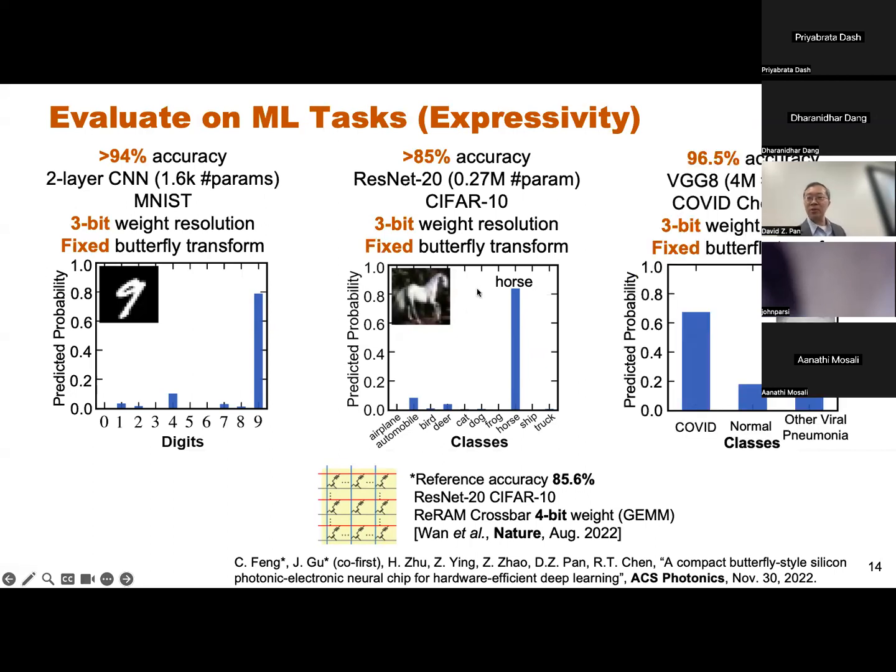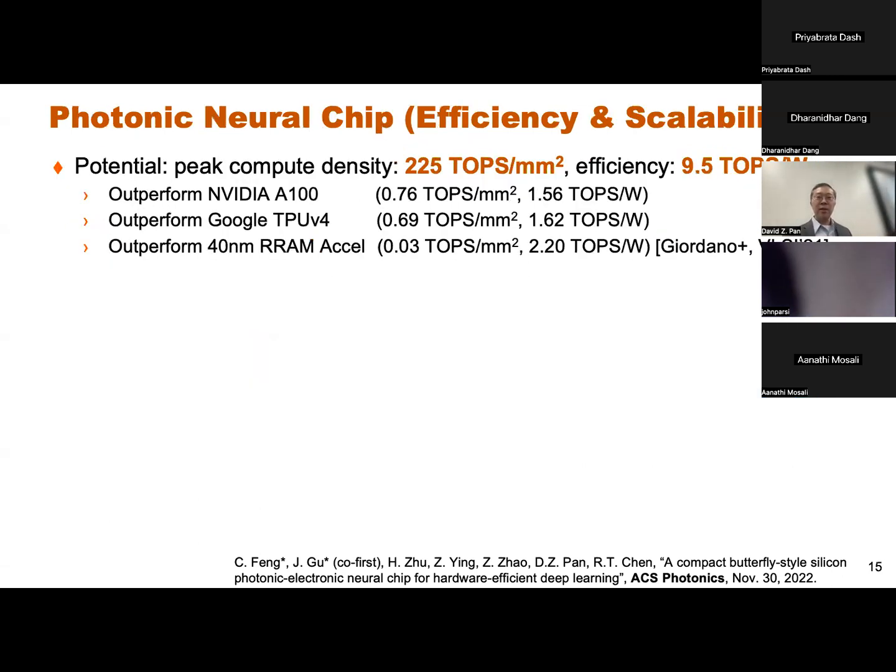This project happened during COVID, so we also got a COVID benchmark, like chest X-ray, and we also found very good accuracy. We even compared with a Nature paper which uses RRAM. Their accuracy is actually not as good, or similar, I would say. So we are essentially, as you can see, our key idea